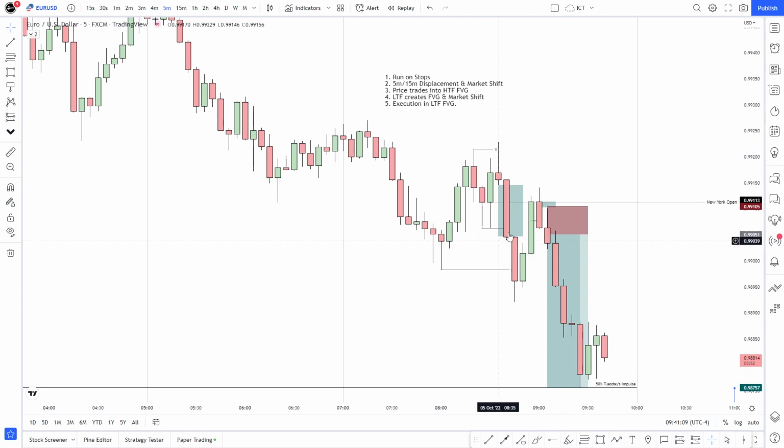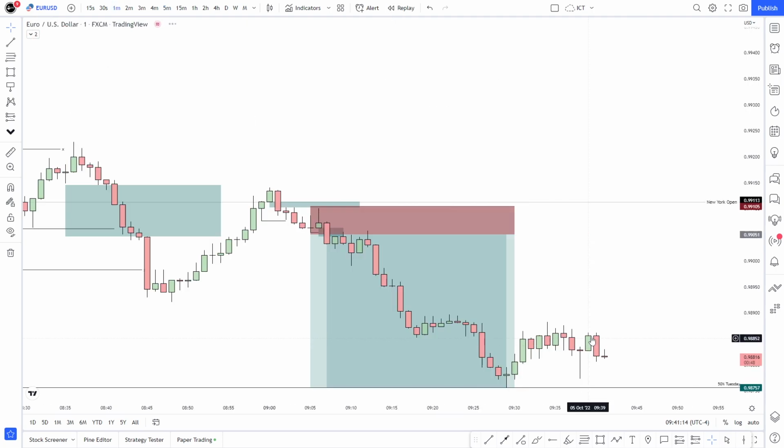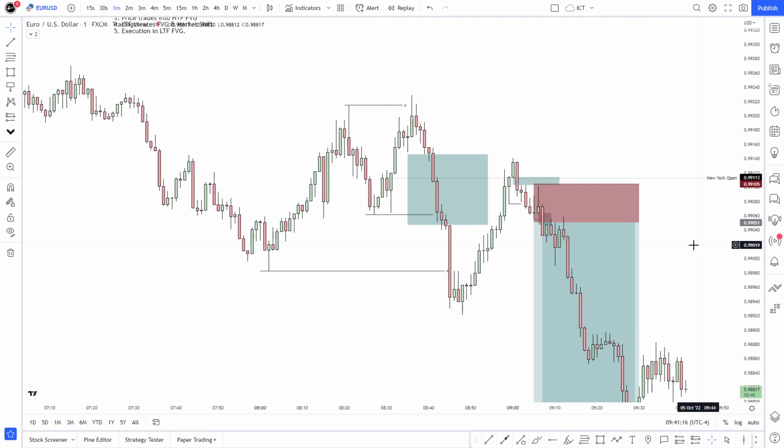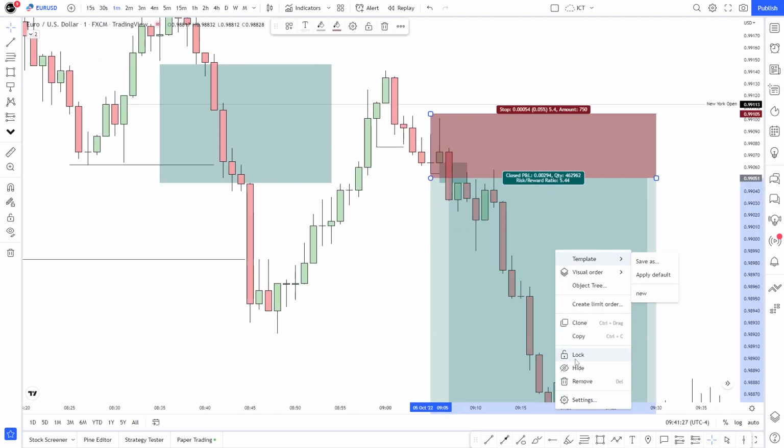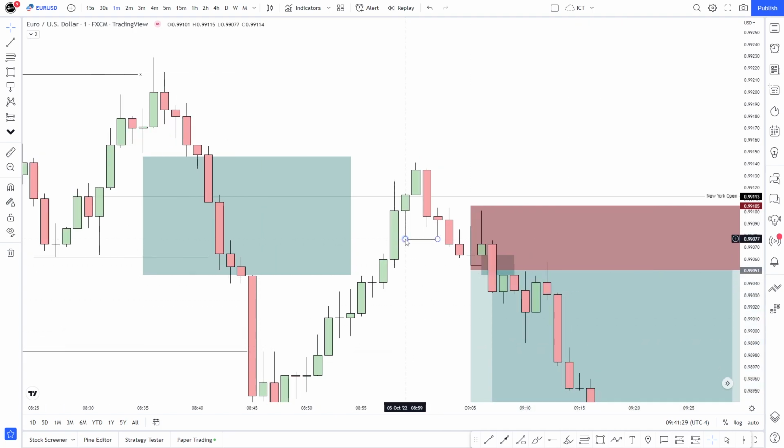The session open. So we have 5-minute market shift displacement, and then we go into the lower time frames and we look for exactly the same thing. Now, I did have a little bit of a moment where I was conflicted about what to choose, because we have this somewhat large wick here. You can see price was going higher, starts to retrace, continues retracing, and then continues going higher. So that's a higher high, higher low, higher high.